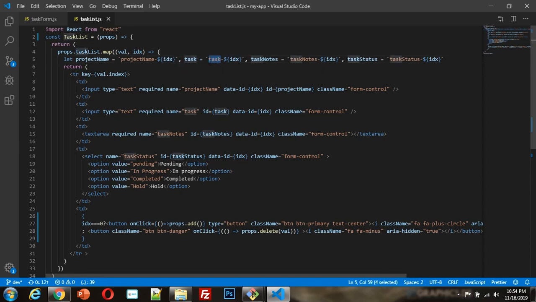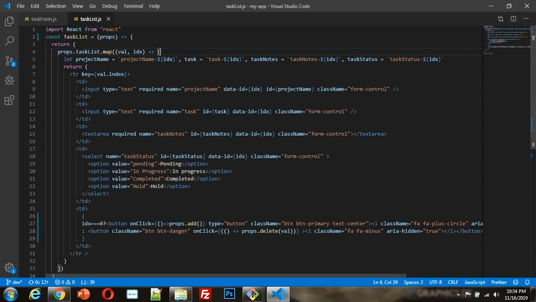I have some text and then concatenate it with the idx, which is basically the id, the index of that particular array element and its value. So I am extracting the value and its index from that array. The array is that task list, which I am collecting as a property, right?